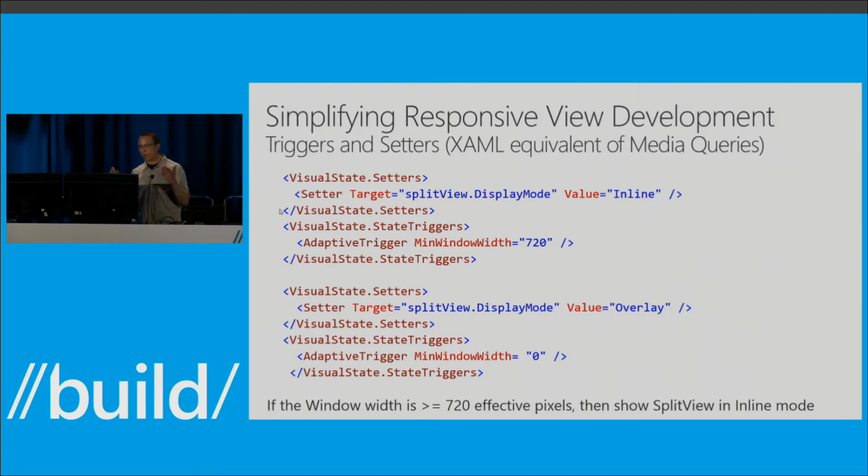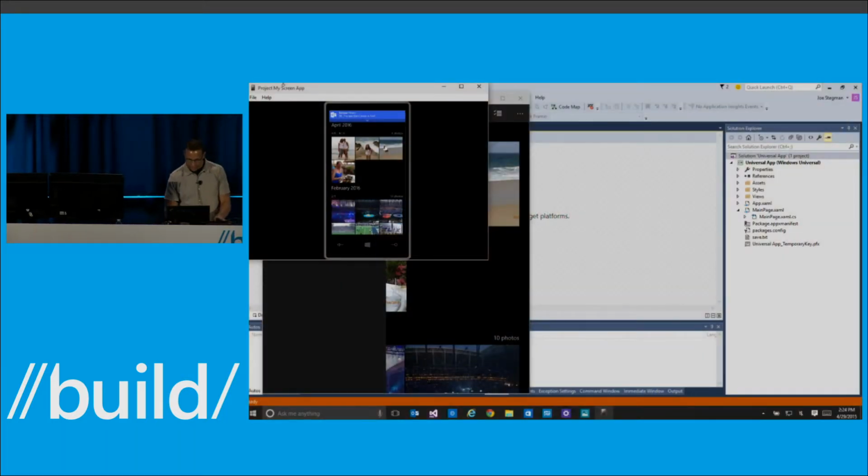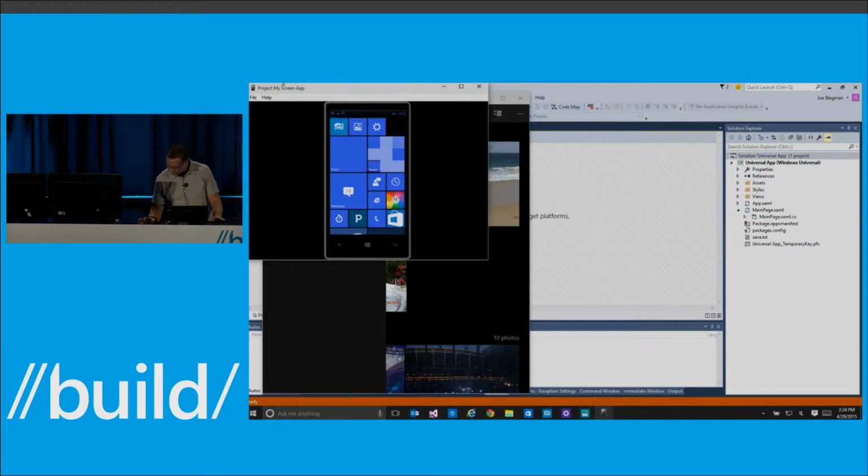So this is a really super powerful way for you to really easily define the rules that allow you to sort of adapt your app. So the other thing we've done is I'm going to jump back. Sorry for the disjoint nature here. Let's jump back and look at, while I'm on the phone here, I'm going to pop up